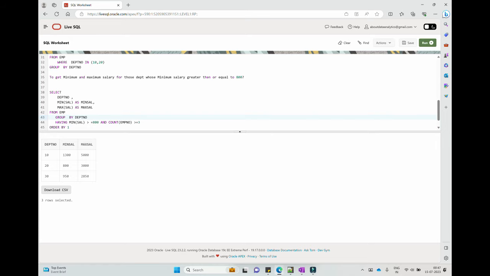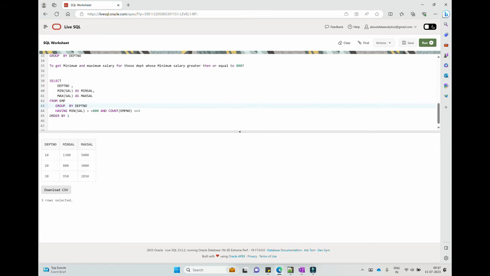So we are getting the output. Always remember that the order should be first the select clause, followed by the from clause, and if there are any where conditions, then we have to use the where condition immediately after the from clause, followed by group by, and finally having conditions. Always remember that the having condition should be based on an aggregated function